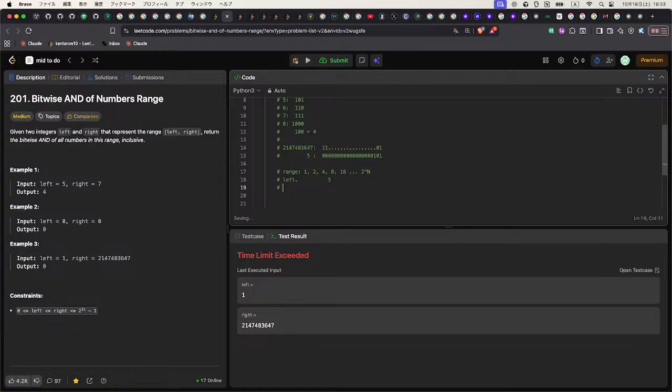So check if 5 to right numbers, and otherwise it must be 0, because